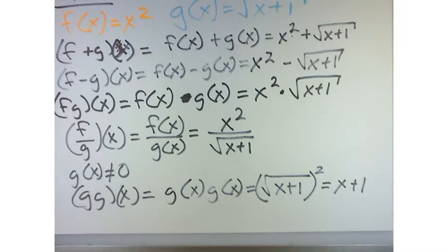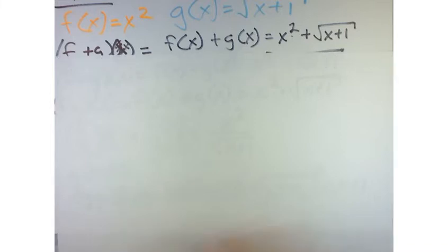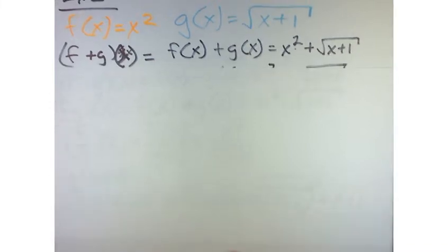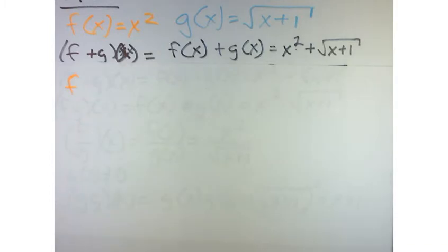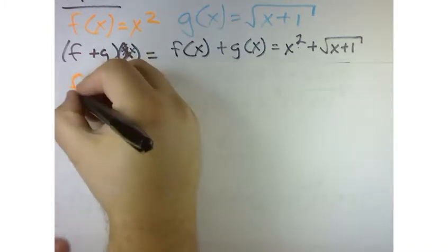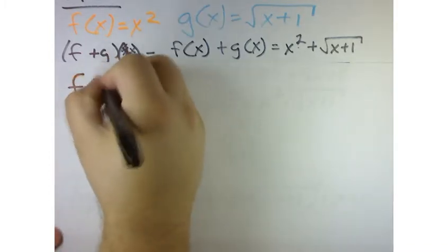So what we want to do is look at the domains of all of these. All right? So let's look at the domain of the first one. Remember, there's a couple of different domain restrictions. One in particular is that we can't take the square root of a negative number. Here we have a square root. So when we talk about the domain of this, if we look at f plus g of x,